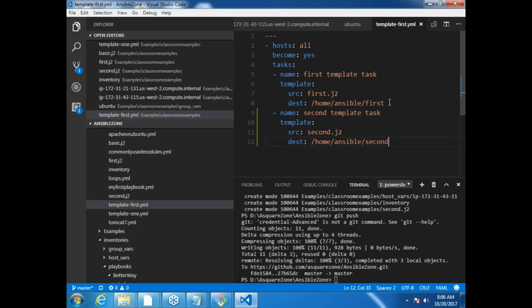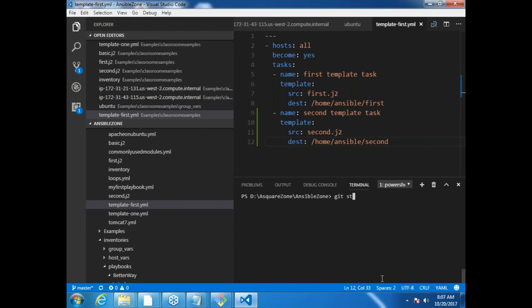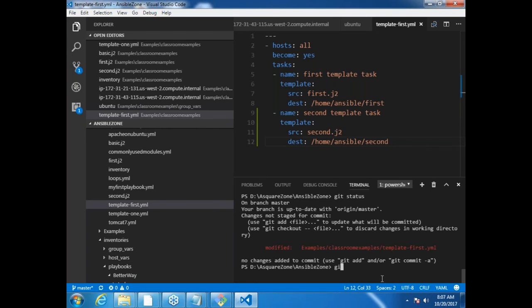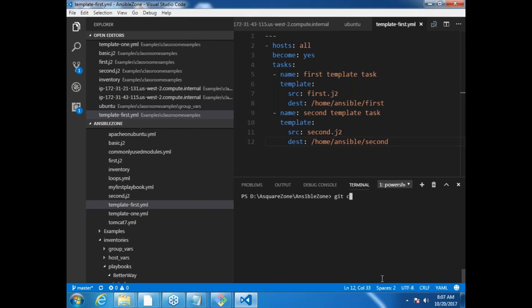So this is the only change which I have done. I have added one more task to the existing playbook, and I would be executing the playbook with the same command. This time I have written a new template file, which basically is not about the variables from the facts, but about the variables which you have created. So we are just seeing whether that works or not. Okay, fine. Now I have to commit this change one more time, right? So git status, git add, git commit minus m